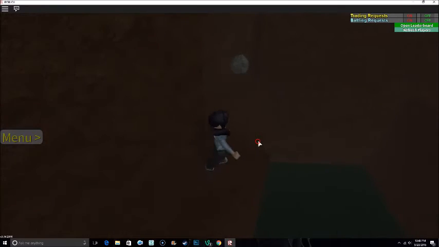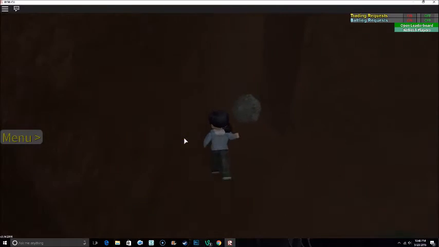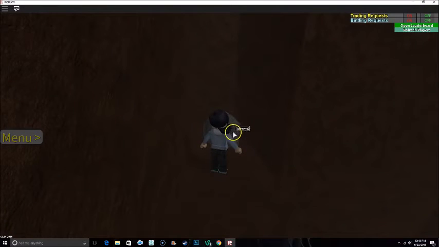And you have to be careful right here because I fall off every time if I'm not paying attention. And once you fall, you cannot get back up. You have to go all the way back around and start over. So we're going to go around here, and here's the meteorite. And if you click on it,